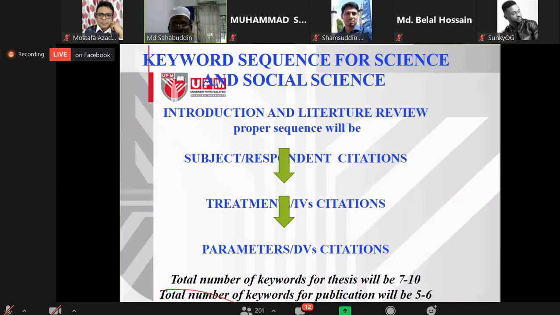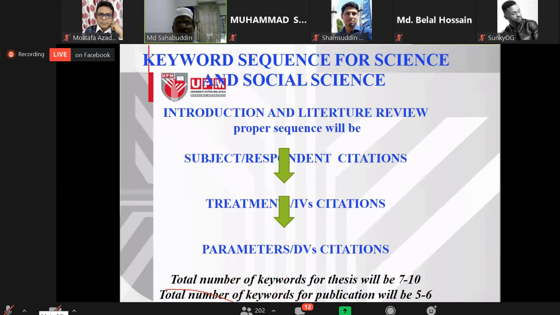Actually, I developed this technique using the keyword. Why do we select the keyword, what is the function of this keyword, and how many keywords do we have to select? So we see here, every article they write 5 or 6 keywords, but what is the source of these keywords? So the technique name is KSI.